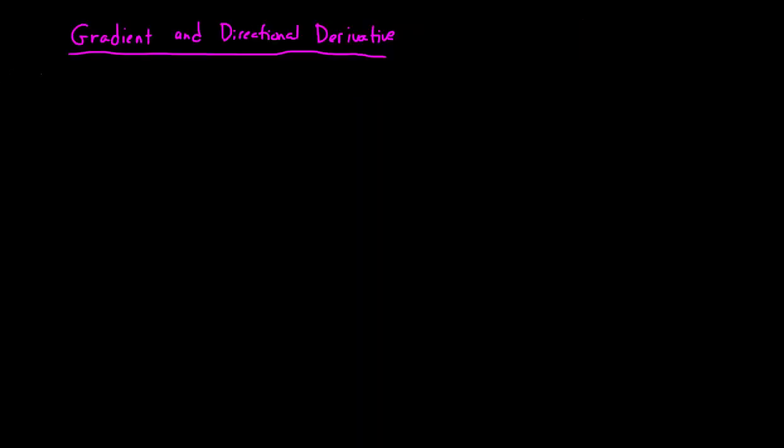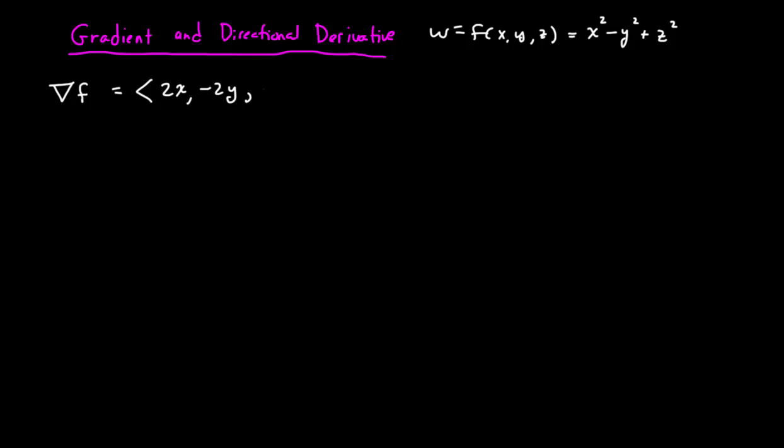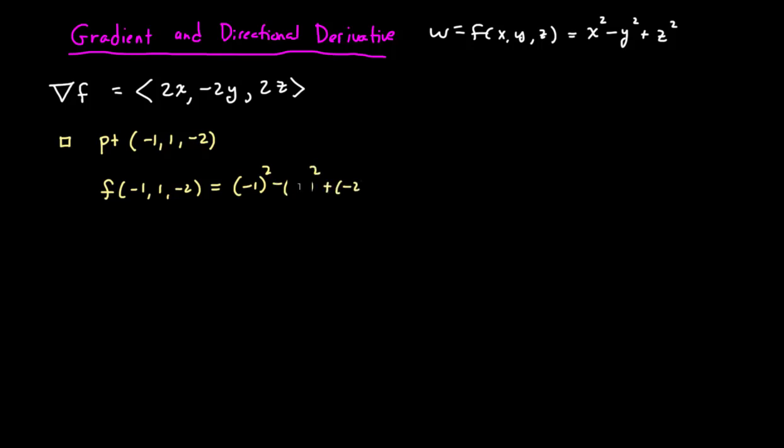Now for gradients and directional derivative. So the gradient of our function, if we're keeping with the same function, will be (2x, -2y, 2z). At the input point (-1, 1, -2), f would be, let's just compute this real quick: (-1) squared minus 1 squared plus (-2) squared,